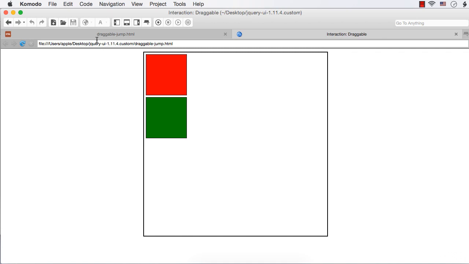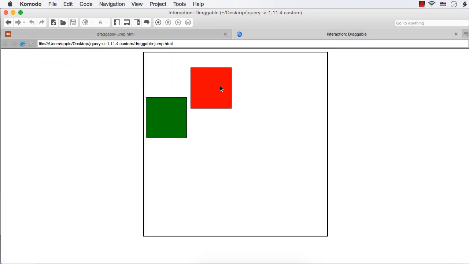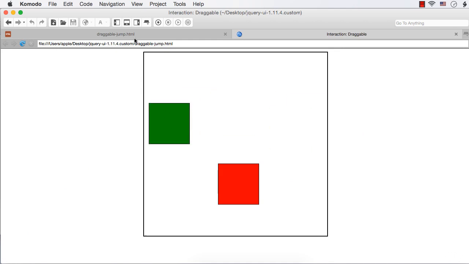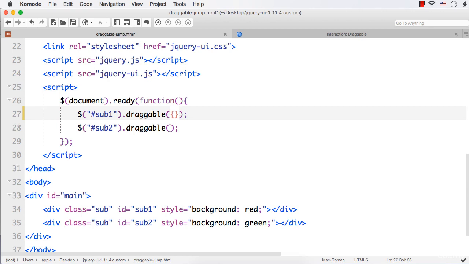So let's see how we can do that. I have already made these two elements draggable, so you can drag it the way you want. Okay, now we are going to specify how many pixels these elements should move when it is dragged. So the name of the option is grid. As it is an option, we need to put it in curly braces, grid, and its value should be